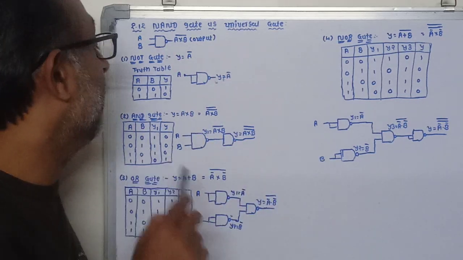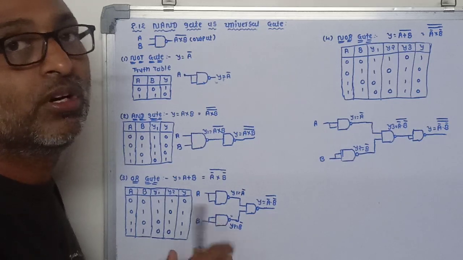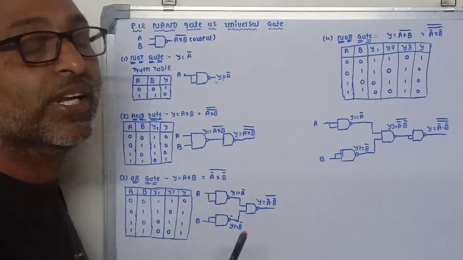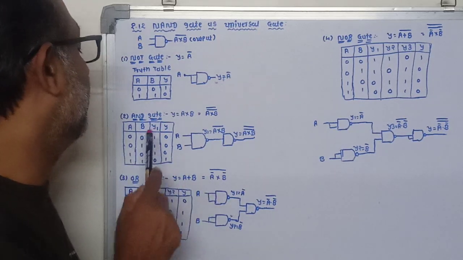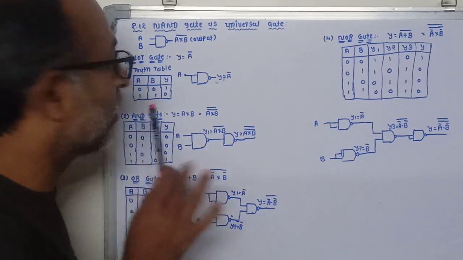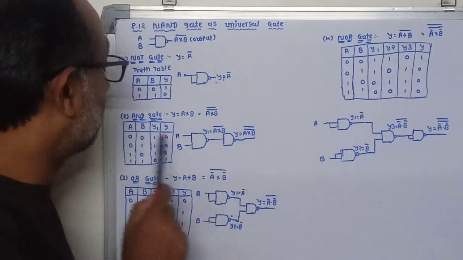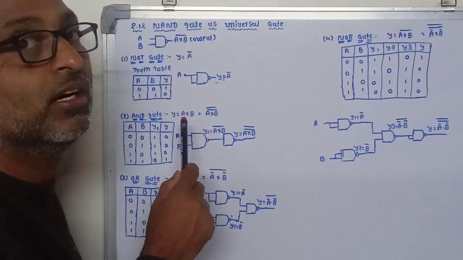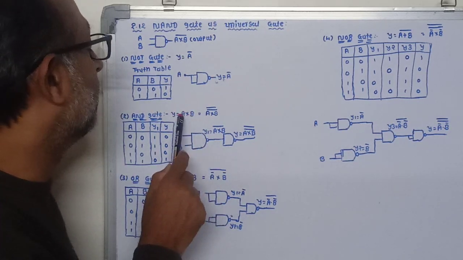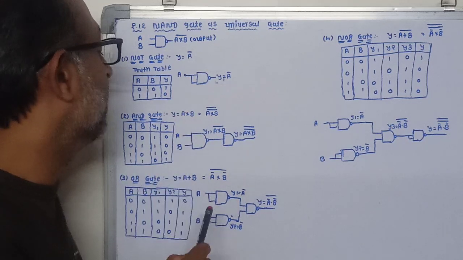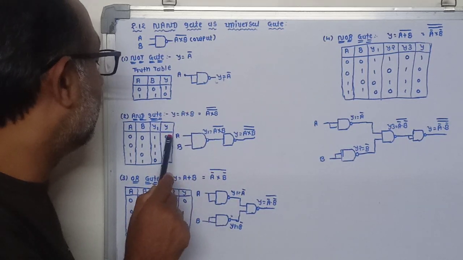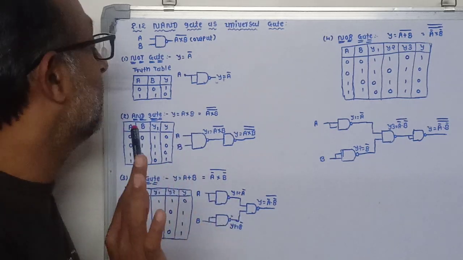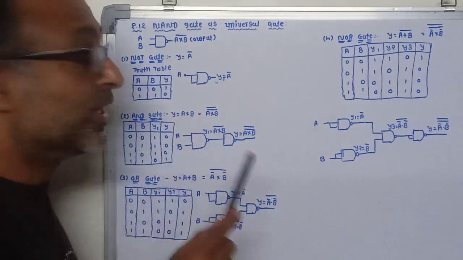Next, the AND gate. It is also most important. The AND gate has two or more inputs and one output. Here we are taking a two-input AND gate. As we have already studied, four input conditions are possible: 0 0, 0 1, 1 0, 1 1. And we have seen the Boolean expression A into B. So the required output is 0 0 0 1. That is our required output. So it is most important.